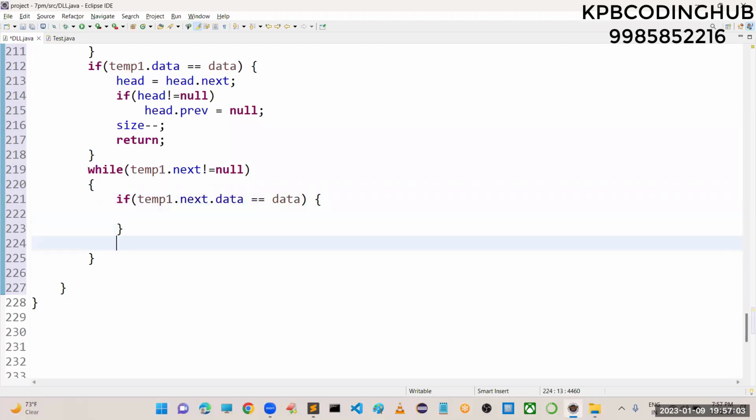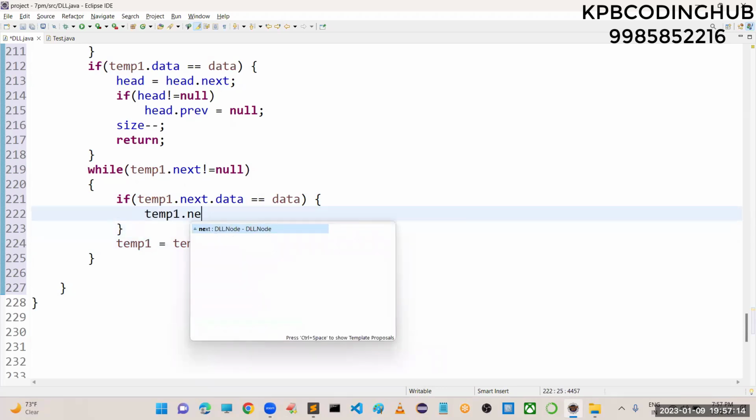Suppose if the data is not matched, then temp1 will become temp1.next. Like this we have to go on. Already I explained, sir, that's why I'm not giving it in detail. Temp1.next.next,